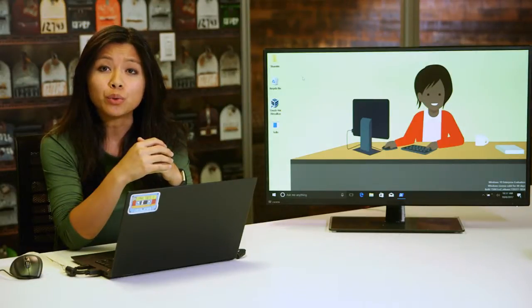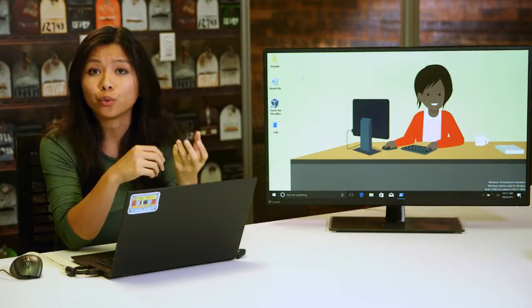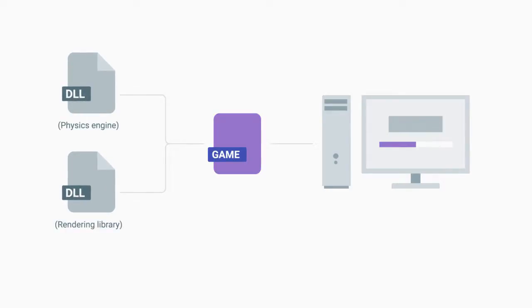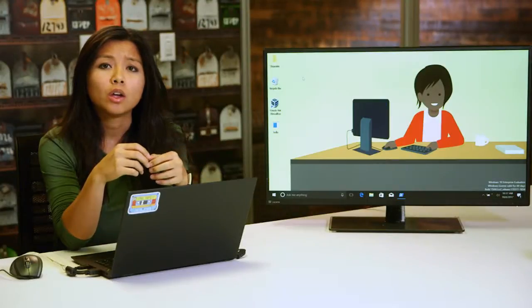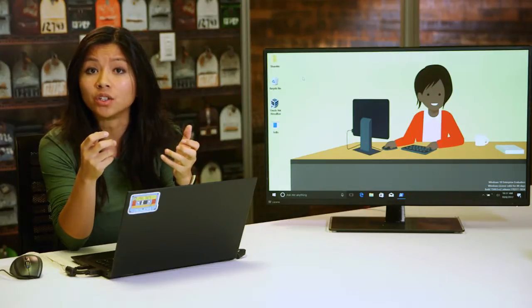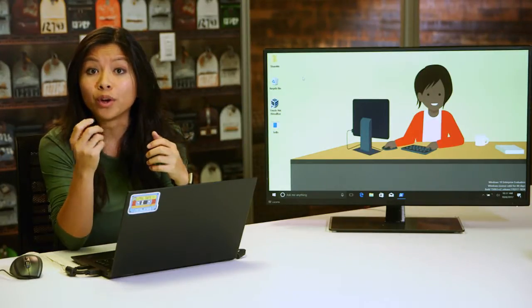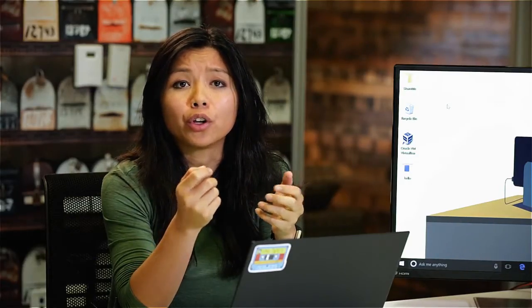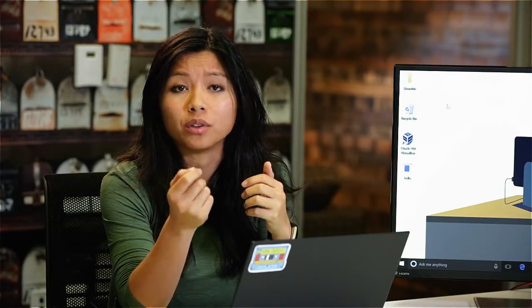Packages of software usually rely on other pieces of code in order to work. Let's say you're installing a game on your Windows computer. The program might need to do some calculations to make the physics of the game work properly and render the results in the form of graphics on the screen. To perform these tasks, the game might have a dependency on a physics engine to do the calculations, and a rendering library to show the sweet graphics on the screen. In order for the game to work, you'll have to have all that software available to the game.